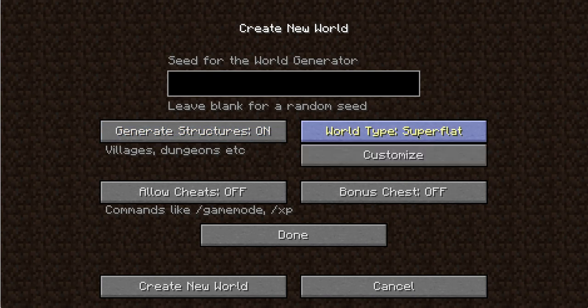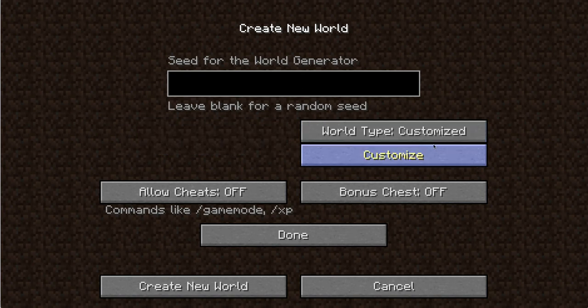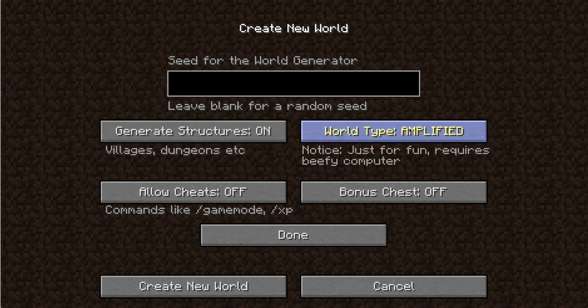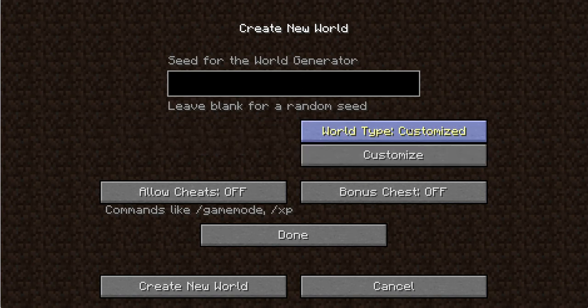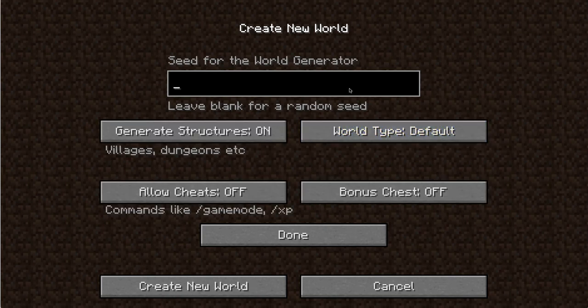World type, default. Super flat is mostly for building. You can customize it. Large biomes, the biomes are large, I think 16 times larger. Amplified, which is just like mountains, and then there's customized and debug, which is just all the blocks in the game in all their forms. So I'm gonna go with